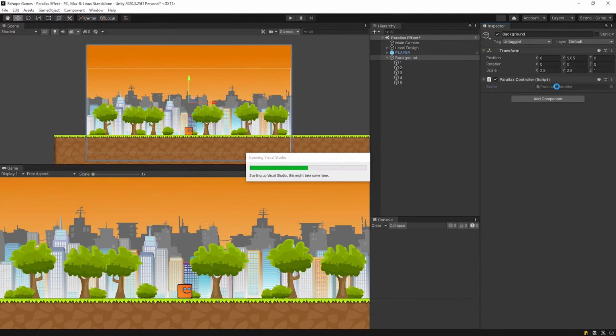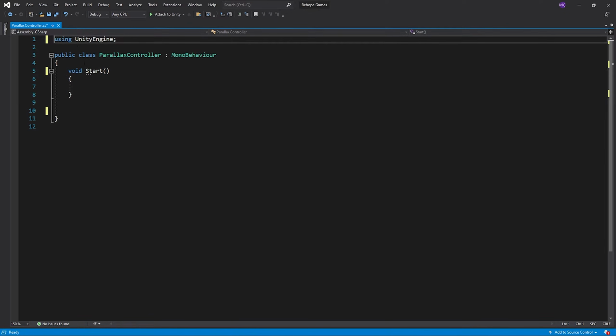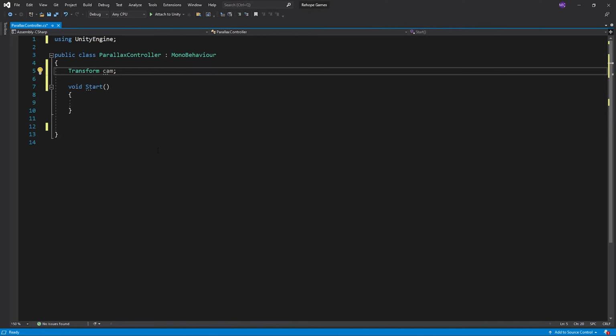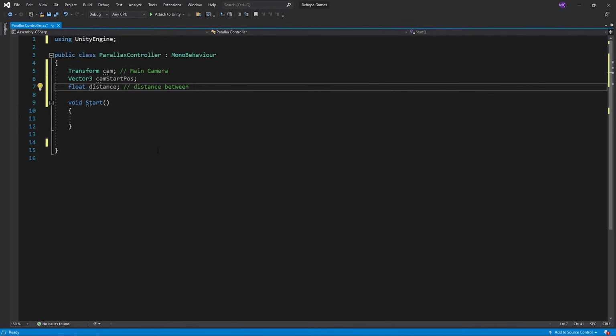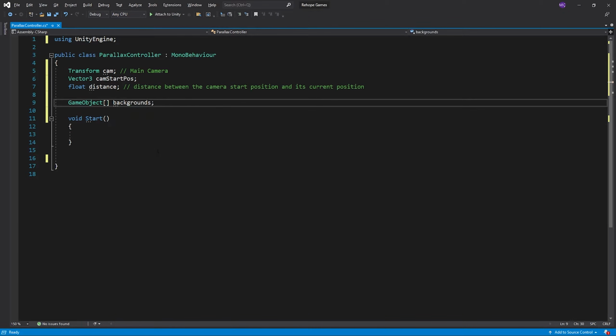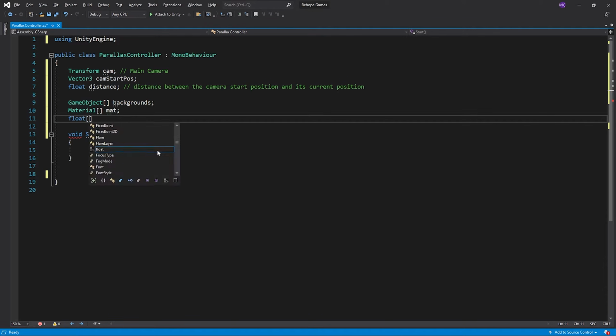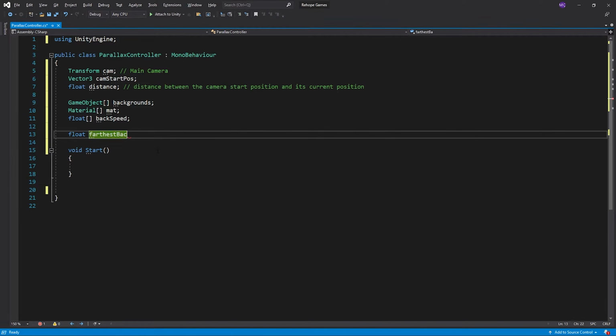And open it up. We came to the most important part of the video. We'll write an excellent algorithm for the parallax effect. First, I write the variables that we will use.